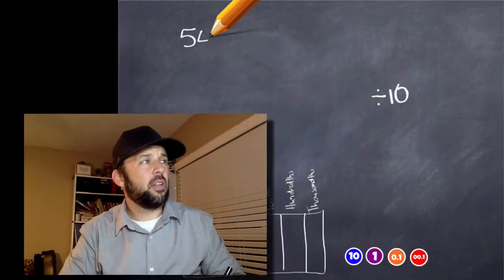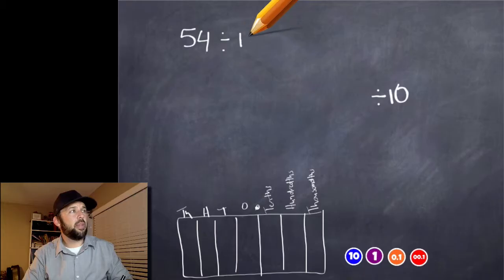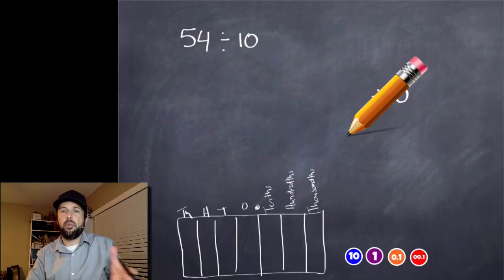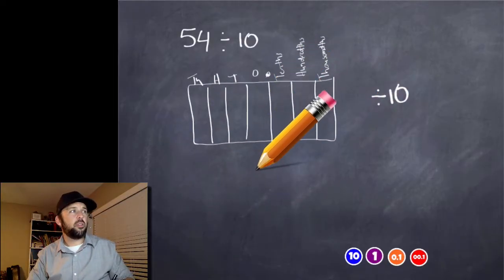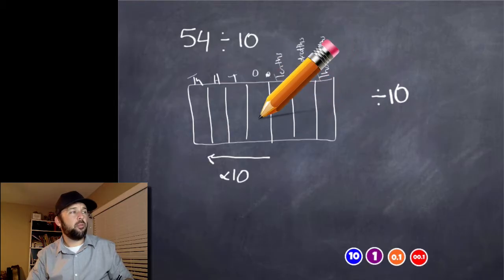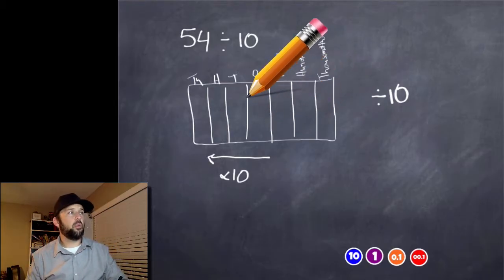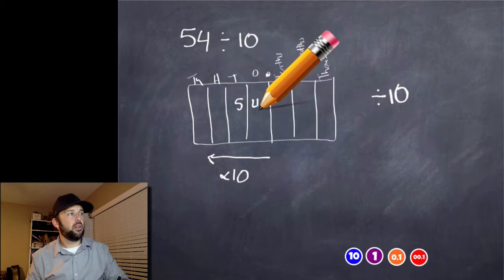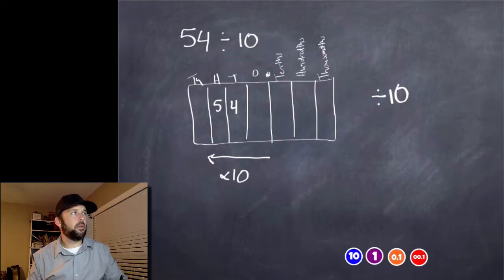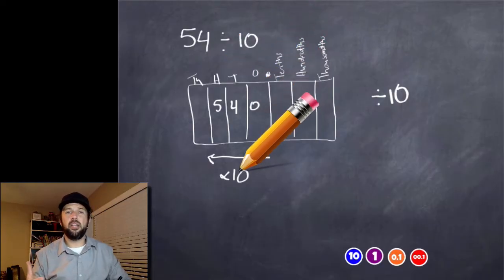So we're going to start by taking a look at this one, which is just 54 divided by 10. Now, not super hard to do right off the bat because we know about the relationship between the positions on the place value chart and dividing or multiplying by 10. For example, if I bring this chart up here so we could take a look at it, if we move numbers this way on the place value chart, we're multiplying by 10, right? They're going to get bigger. So if I was multiplying 54 times 10, I would really just be taking that 54 and moving it up, which would cause it to be 540, and you kind of get the idea.